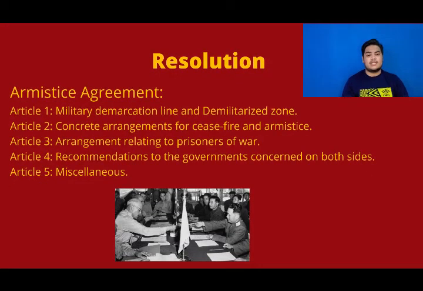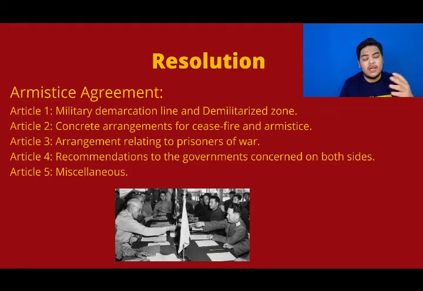Secondly, resolutions. The Security Council appealed for North Korea to withdraw its troops, but it was ignored. As a result, the United Nations agreed to send a UN army from 16 nations to help South Korea. It was commanded by General MacArthur. They managed to push the North Korean army back over the 38th parallel, but General MacArthur made an aggressive